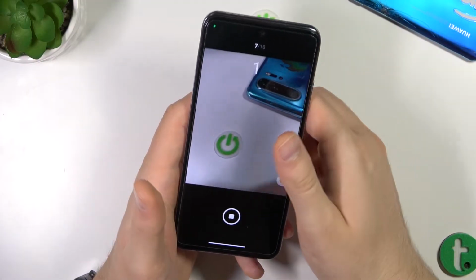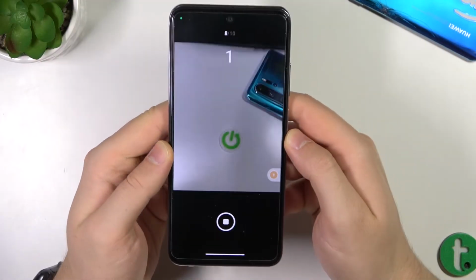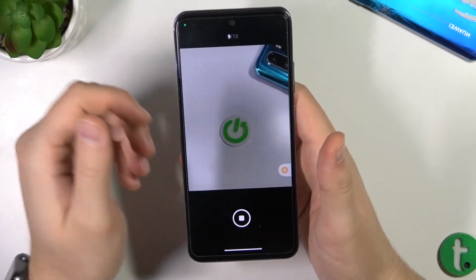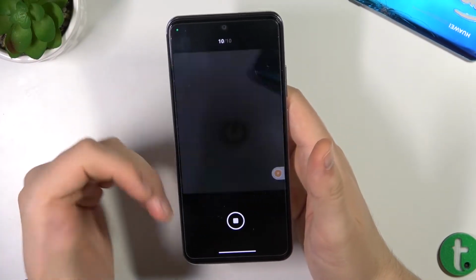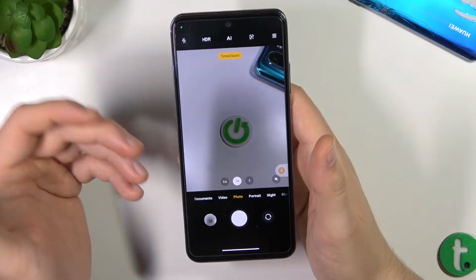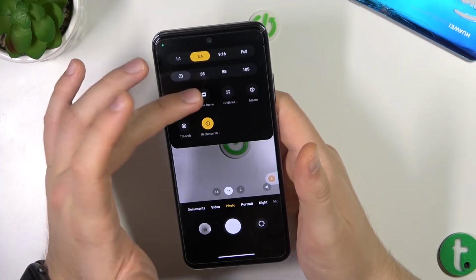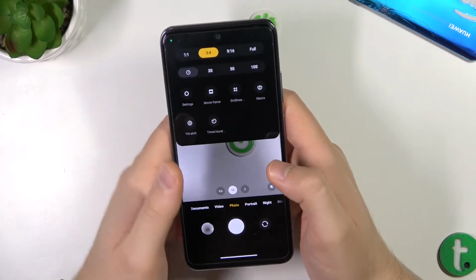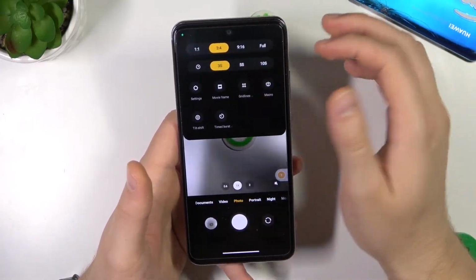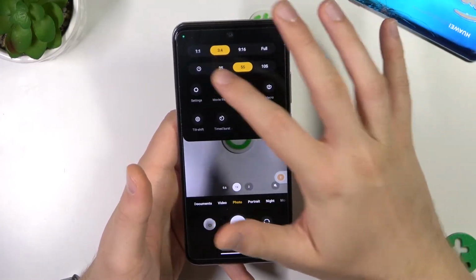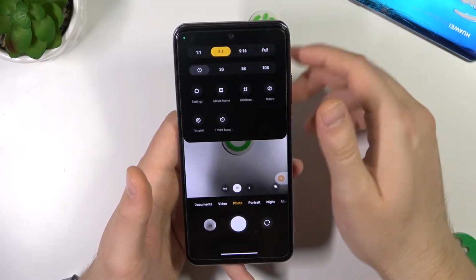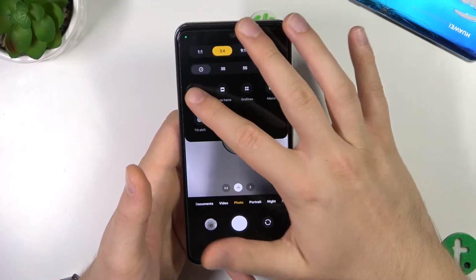It will be useful for you when you, for example, put your phone on the stand and you cannot reach the manual shutter, and the phone will take photos automatically, so you don't have to use any gestures or something like that. We can also add the manual shutter delay of 3, 5 or 10 seconds,